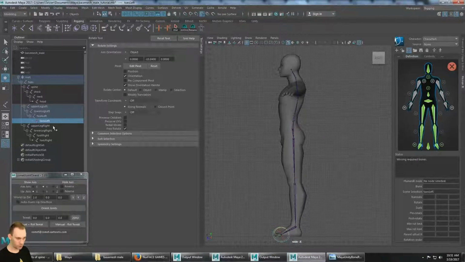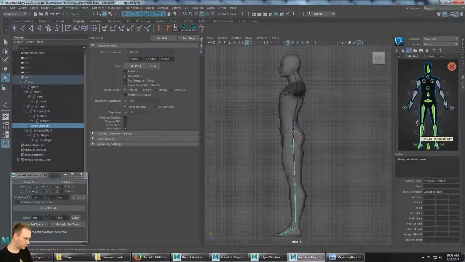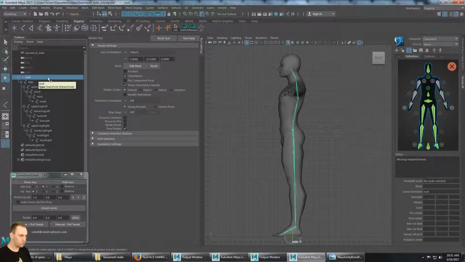Now it already found these based on their names, so the right leg is good. And I can see the legs are green, so that's good. We just got to go into the arms now. So going into the arms,